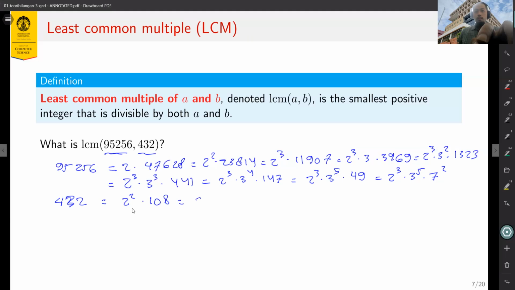Which is 4 times 3, times 54, times 27, which is 4 times 2. Now the LCM of that,